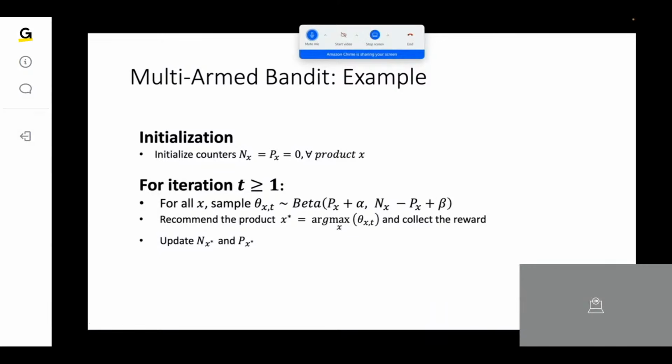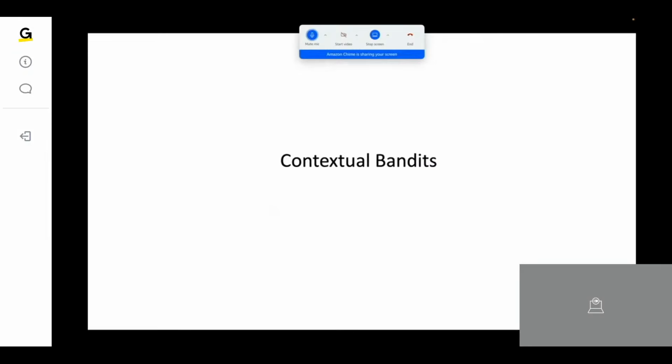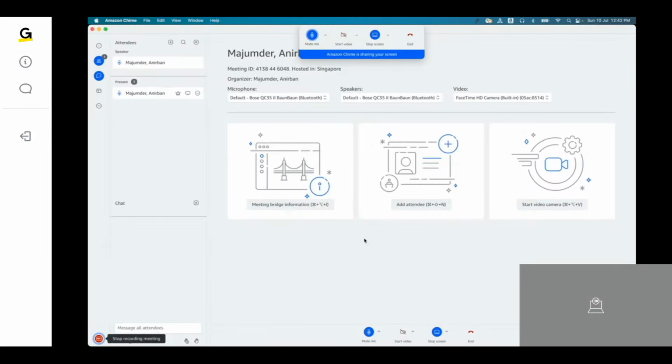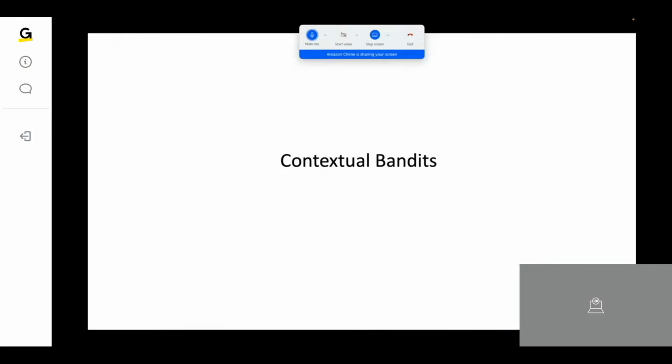We'll now move on to contextual bandit. Before that, I just want to check one thing. Yeah, still there. So